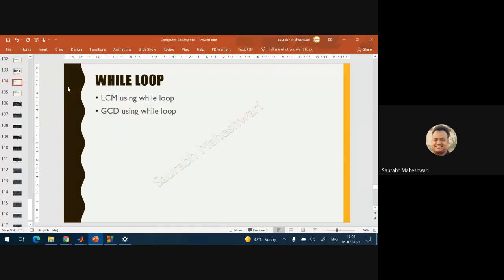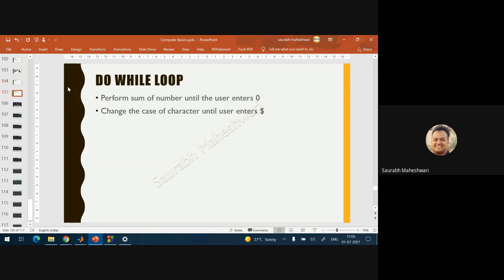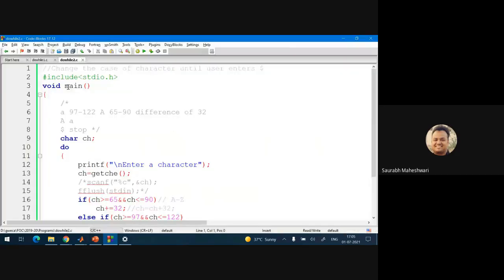When we use the while loop, generally we require some stopping condition, and we don't need initialization and increment, generally. Otherwise the while loop and for loop are equivalent to each other. Then the do while loop is used when you require the loop body to run at least once. Okay, fine. So this completes the iteration.